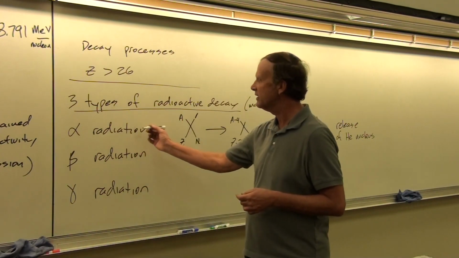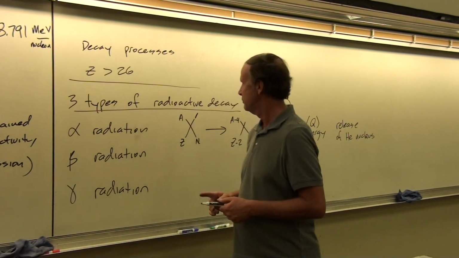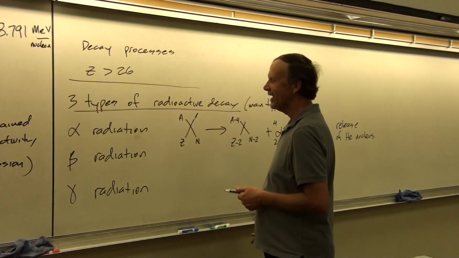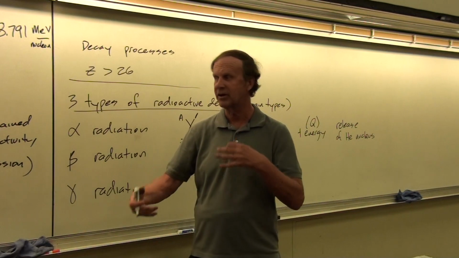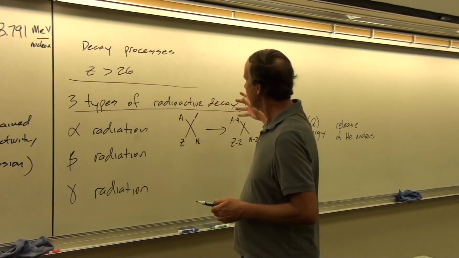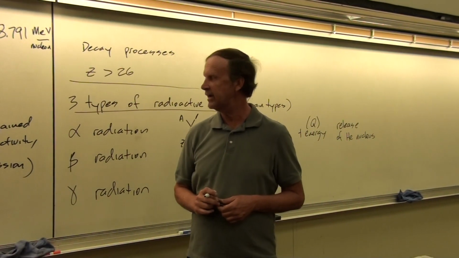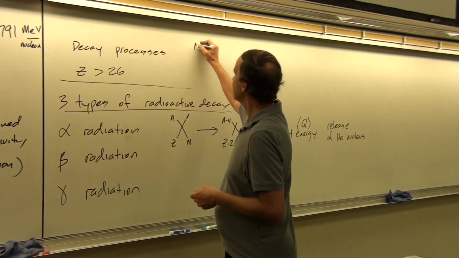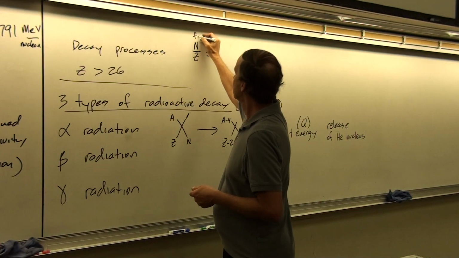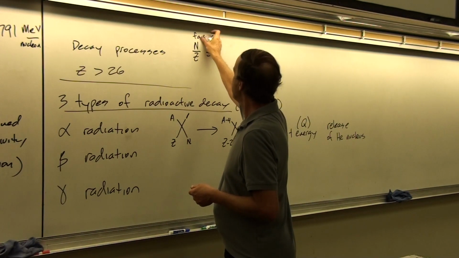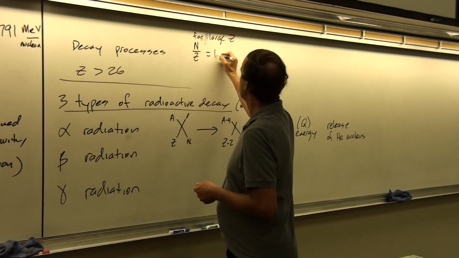Now, does every single atom that's bigger than iron want to decay like this? No. Most of them, as a matter of fact, will have Q values that are negative. And if that's the case, then that reaction just doesn't go. Okay? But the ones that do have a positive one mean that there's a shift in the balance of the proton and neutron ratios that is favorable for the reaction to take place. Remember that typically the neutron to proton ratio for large elements is about 1.5.